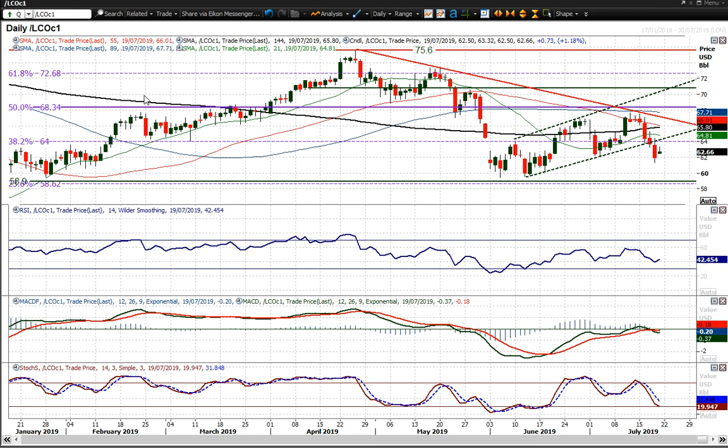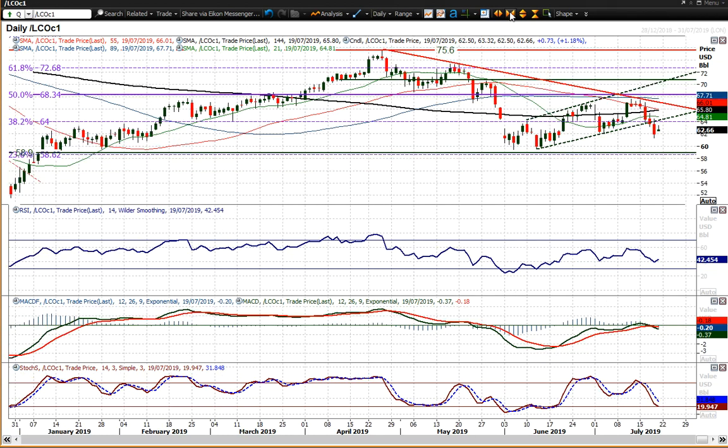and it certainly looks as though near-term rallies are a chance to sell. Now, I've talked about the 38.2% fib level on the morning report. The 38.2% fib is a pivot point, and that is $64, so that is overhead resistance. We've seen the market rebounding to 63.30 today and rolling over. It certainly looks as though rallies are a chance to sell now on Brent Crude, trading underneath all the moving averages. As I said, closing below that July low really does reopen the June lows again,